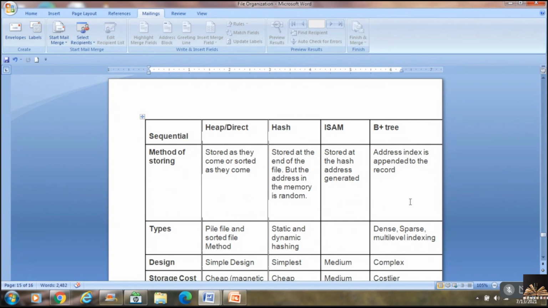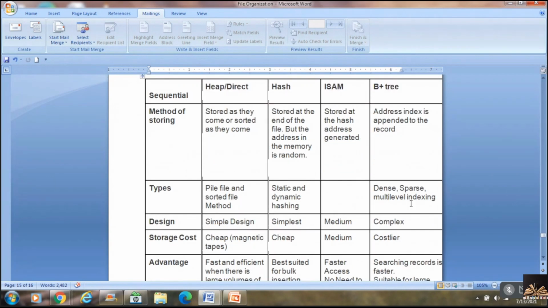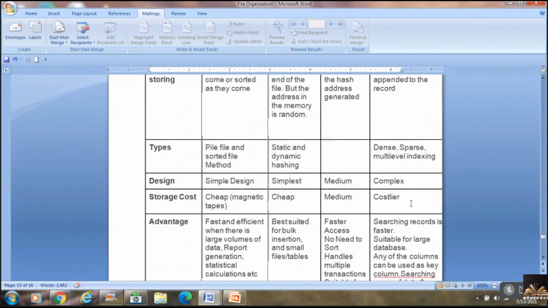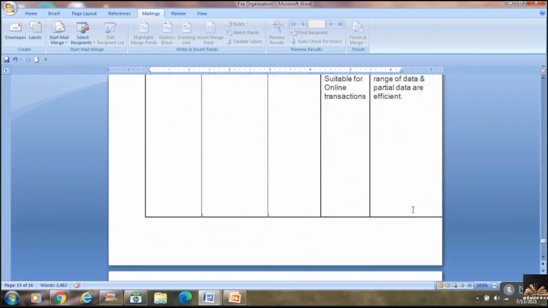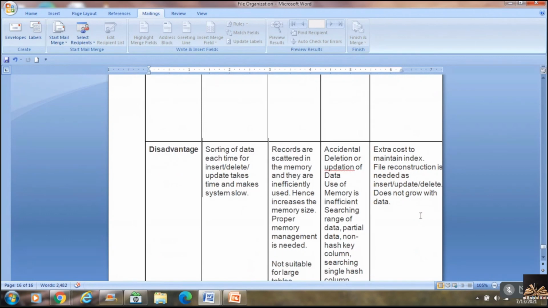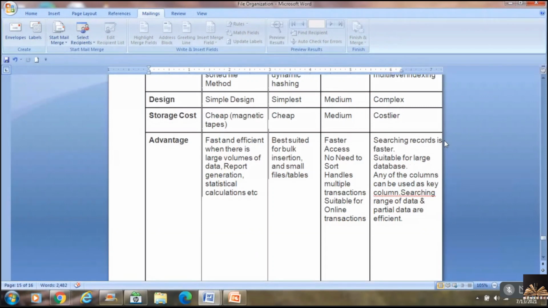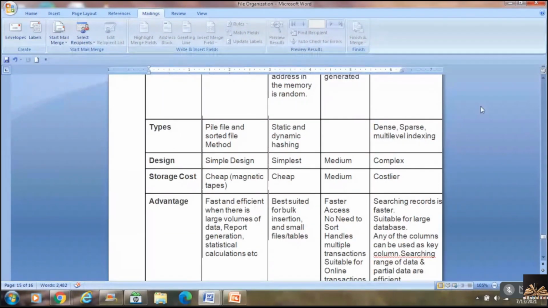Once we are done with examples on B plus tree and ISAM, we can go about this. I'll share this table with you. So what are the advantages? What is the time taken? All that would be there. What are the types? All that would be here.